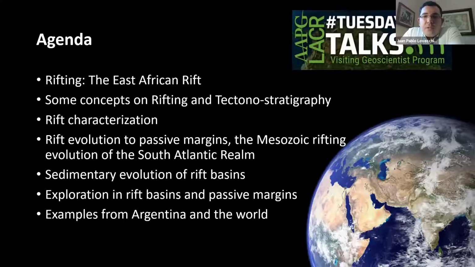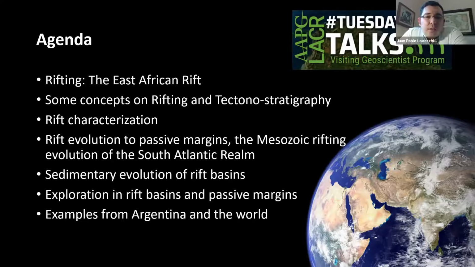This is the agenda for our presentation today. We will first start by looking at the East African Rift, which is a present-day example of rifting. Then we will continue reviewing some concepts on rifting and tectonostratigraphy that will be useful for the pursuit of the talk. We will see some examples of rift characterization, but in particular, an example of rift evolution to passive margin, and the example of the Mesozoic rifting evolution in the South Atlantic realm,